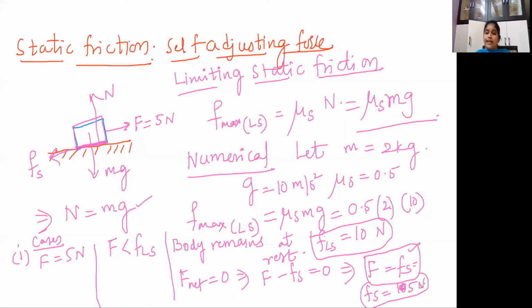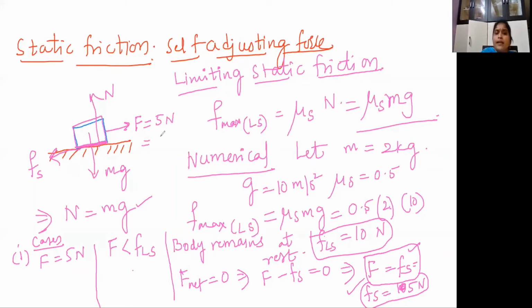So you can analyze that the static friction is acting here, because the static friction is not allowing the body to move. So for that reason, the body is not changing its state of rest. That means the net force is balanced, or equal to 0. What is the net force? The applied force and the frictional force should be equal to 0. That means the frictional force depends on the external force applied, and it is equal to 5 newtons, because the applied force is 5 newtons.